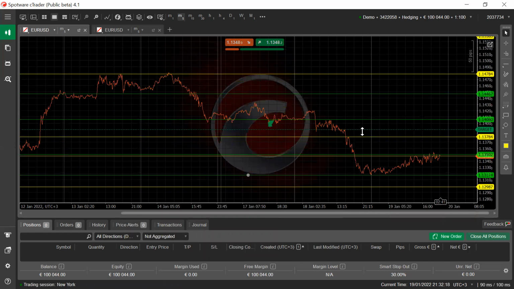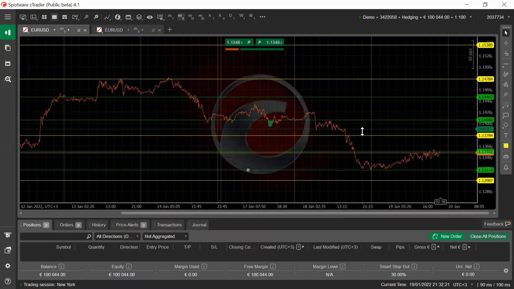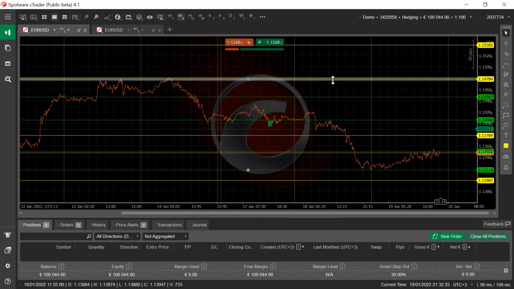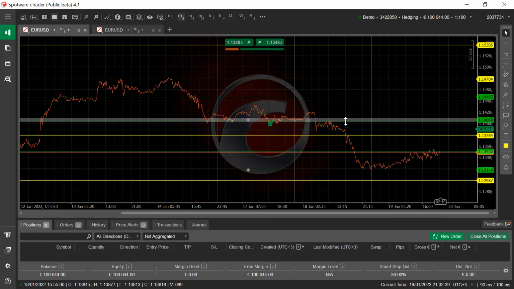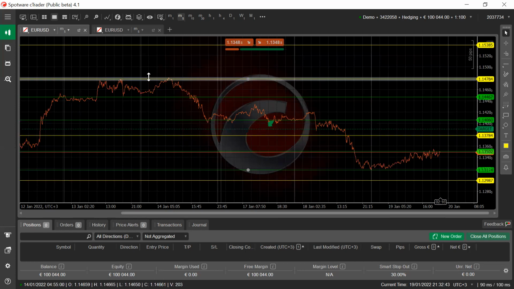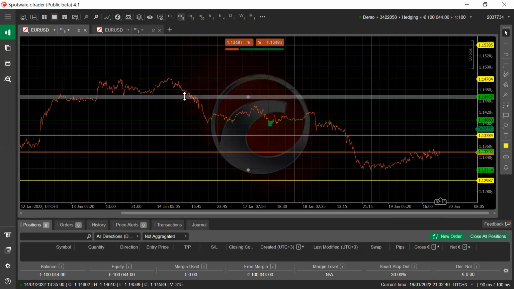So this is at the 5 minutes. So when you're taking your trades, think of the priority. These other light lines, which are the 1 hour, are regarded more, they're of higher priority than the green lines, which are 5 minutes, which means that this is more significant than this one.